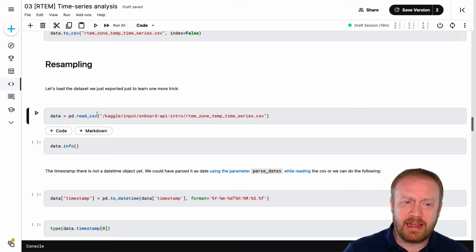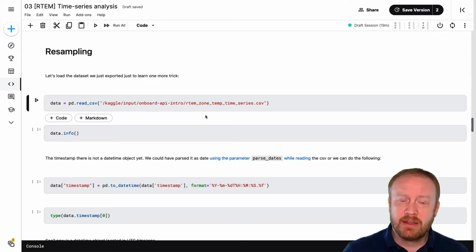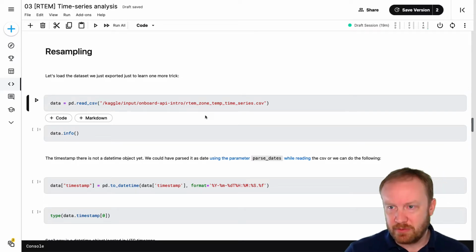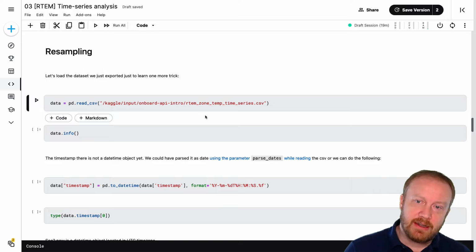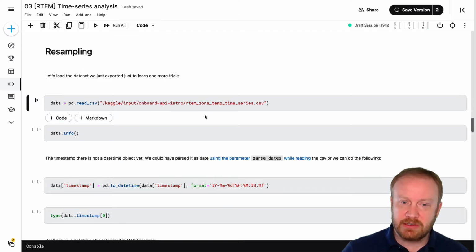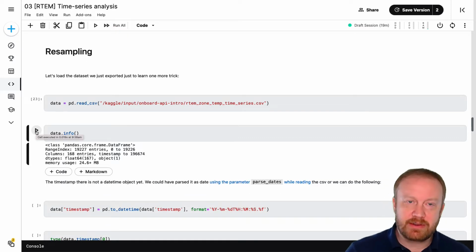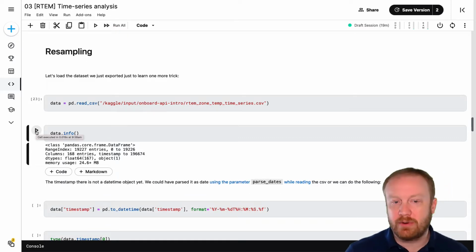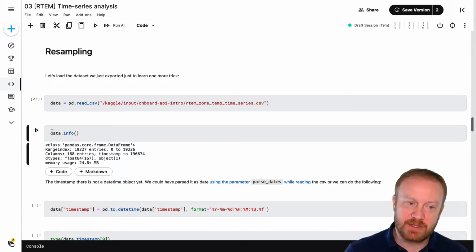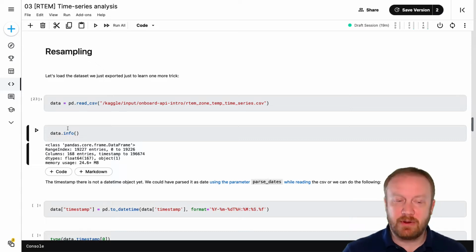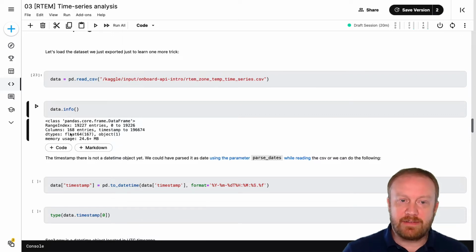So we're going to load that file that we just created, that time series data, so we don't have to query. If we pick this up later and we don't want to query that database again, we could just load that CSV file. This is a practice that I do a lot. It depends on your style. You might always want to query APIs, get the best, most updated data. But this is a static data set, so there is no updated data in a sense. Flat files are sort of like snapshots, something that's nice to have. So we have 19,000 rows in this time series. There's 168 different